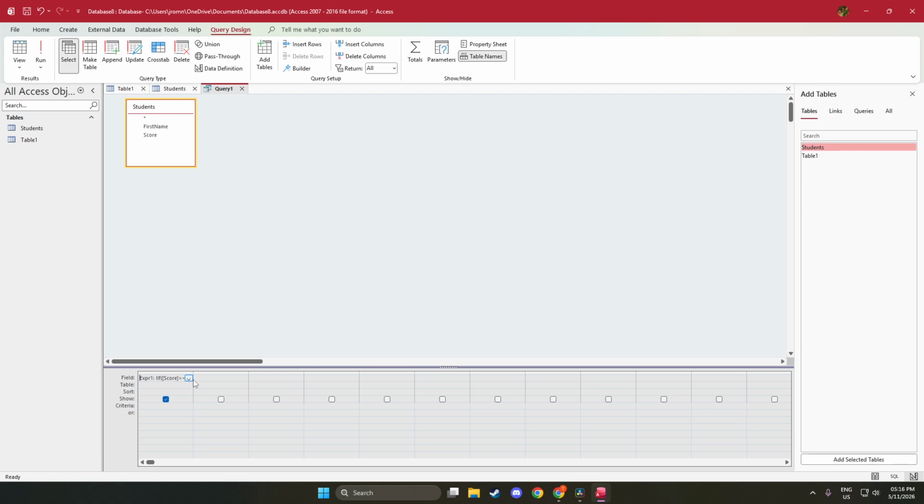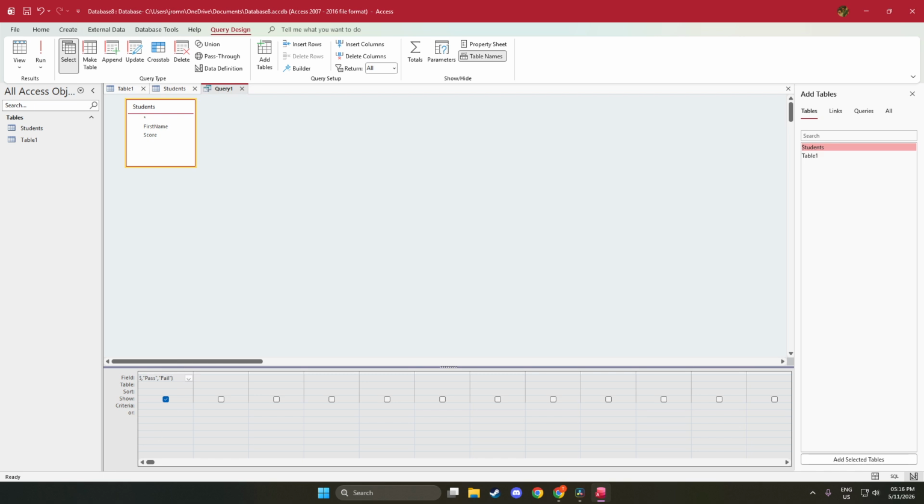It checks a condition, in this case, whether Score is greater than or equal to 75. If that condition is true, it returns the text Pass. If it's false, it returns Fail. Be sure the field name Score is inside square brackets and that the words Pass and Fail are in quotation marks. If you called your field something else, match that name inside the brackets.